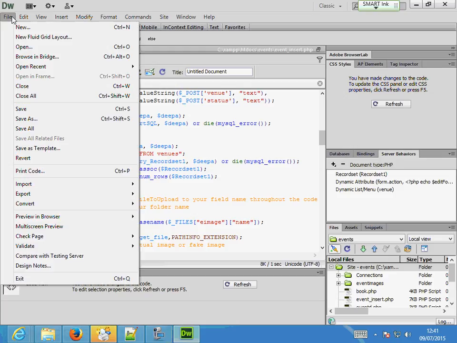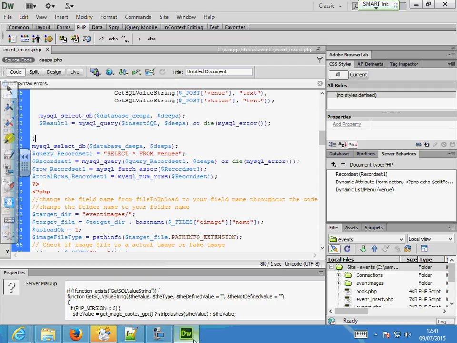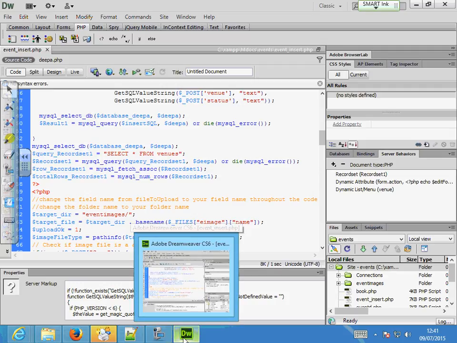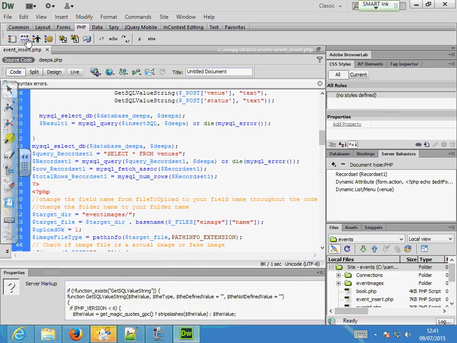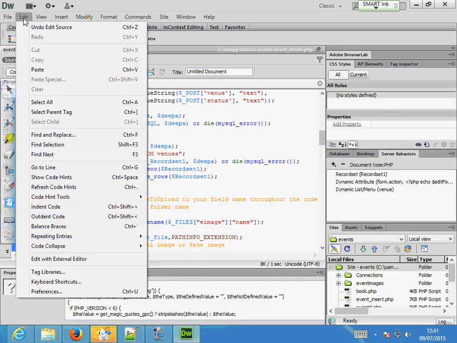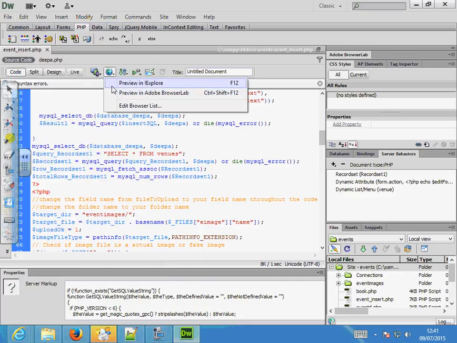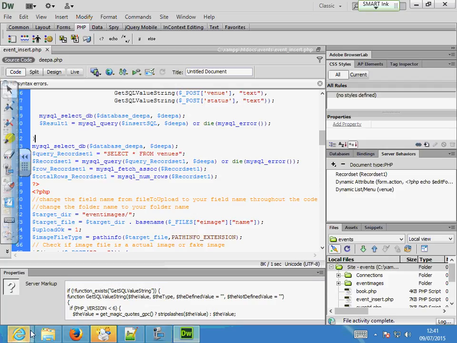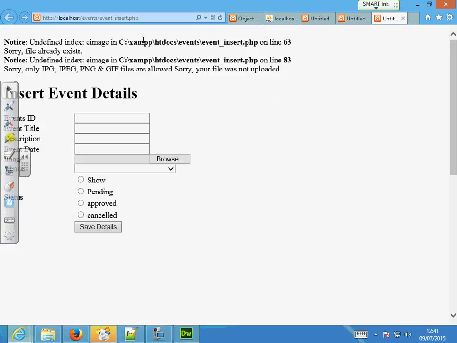So file, I'll just leave that, and now come back. Where is your file? This is where the error message is. You just leave that for the time.